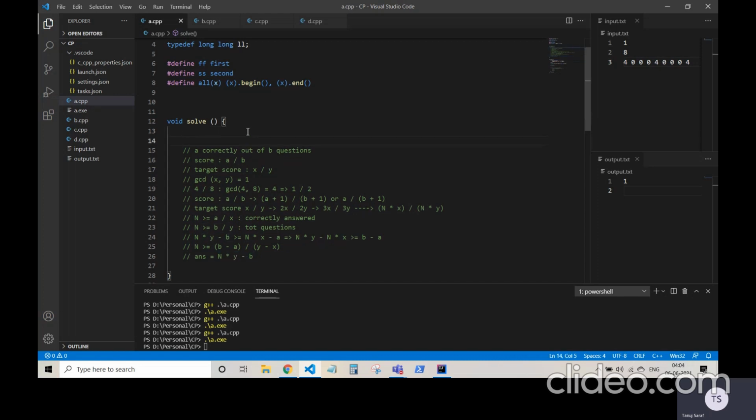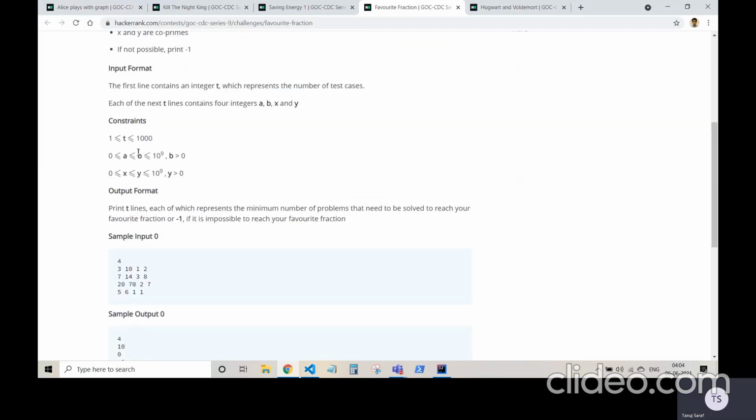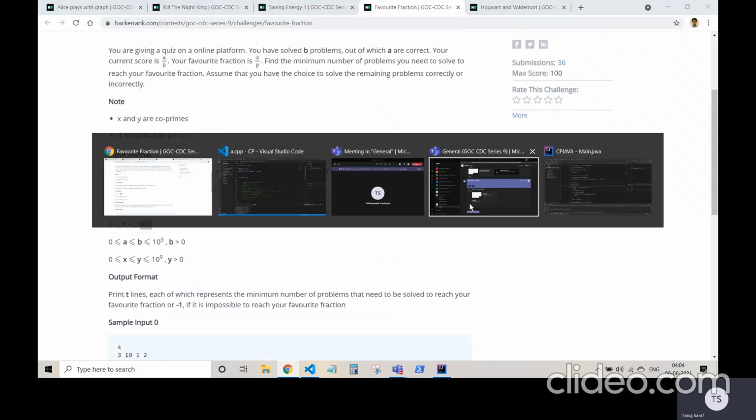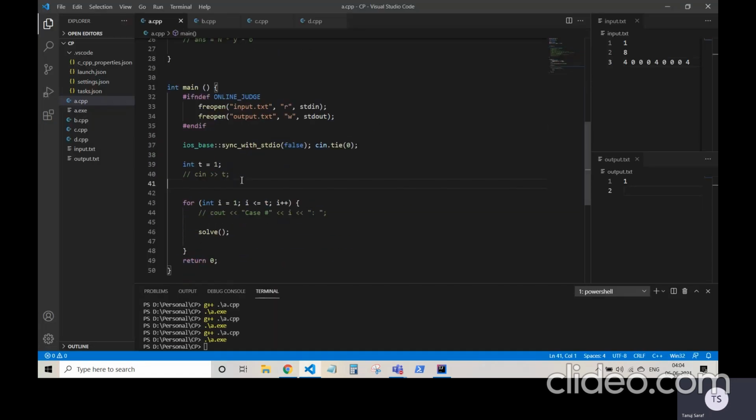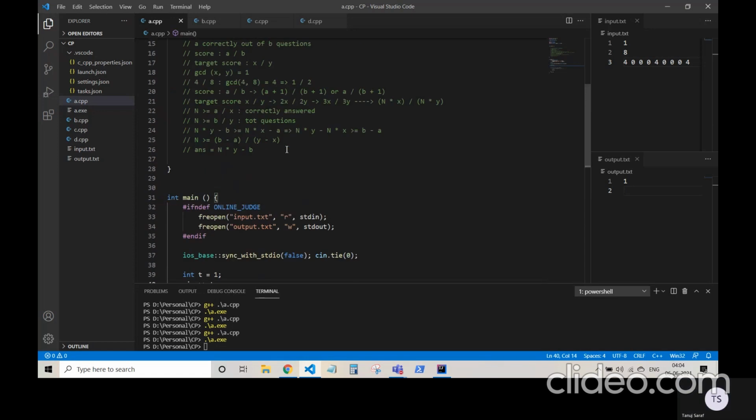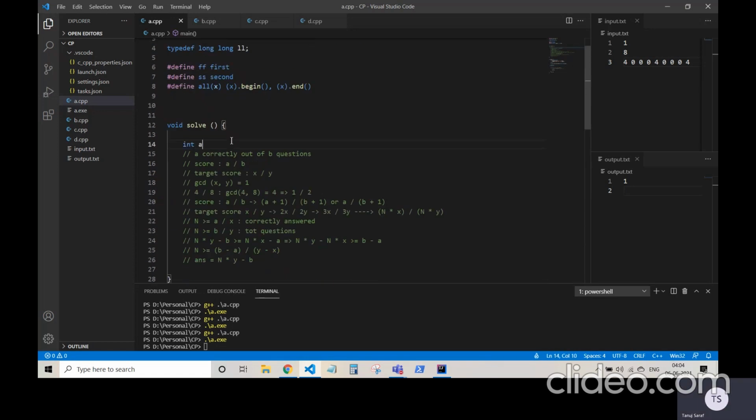So we can see that this was a straightforward math question that involved dealing with three inequalities and solving them. And looking at the constraints, we already had a hint that we probably require some order 1 solution, right? Because it goes till 10 power 9 and test cases are till 1000. So there's nothing much to do over here. This question was purely based on math and it is pretty easy to code now. So we will take the number of test cases as the input.